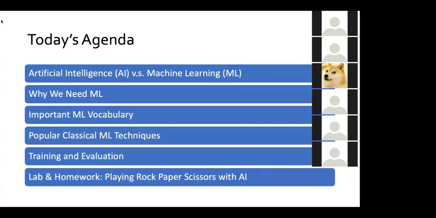So just as a really cool introduction to this field, for our lab, we're going to switch away from machine learning. Once you've already become familiar with all these concepts, you'll just store them in your brain, and then we'll talk about something a little bit different, which is playing rock, paper, scissors with AI. This is actually pretty cool. It's not technically considered machine learning, but it is definitely something that we can consider artificial intelligence. So we will be showing you a cool application of that for a computer to beat you at rock, paper, scissors, and your homework will be to pretty much fully implement this method. So yeah, that's going to be our schedule for today.